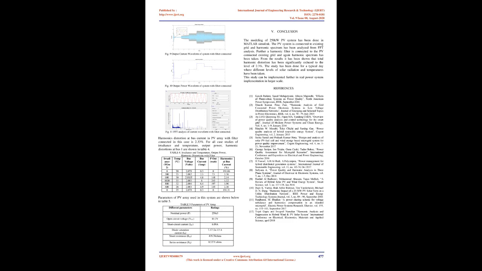Similarly, for the seventh case at 6 pm, time range equals 0 to 10 sec, irradiance equals 0 W/m2, temperature is 25 °C. For this, current is 0.3 amp. Power output is nearly 0 kilowatts and harmonic distortion is around 191.31%. Output voltage, current, and power waveforms of all cases are shown below in Figures 8, 9, 10, and 11.